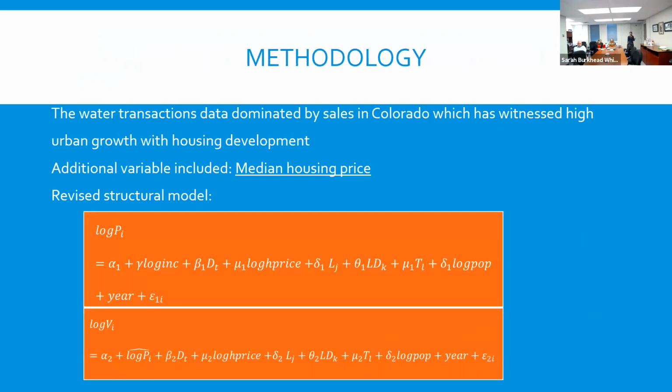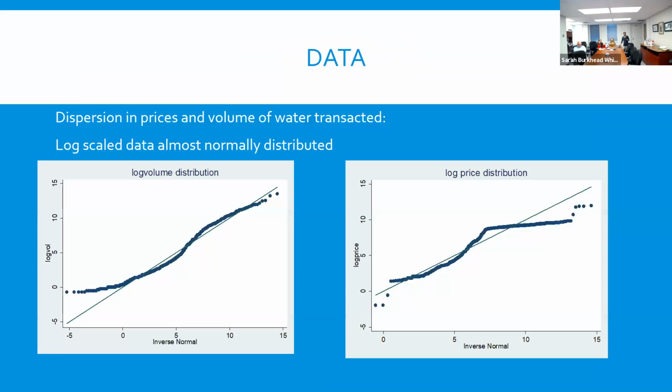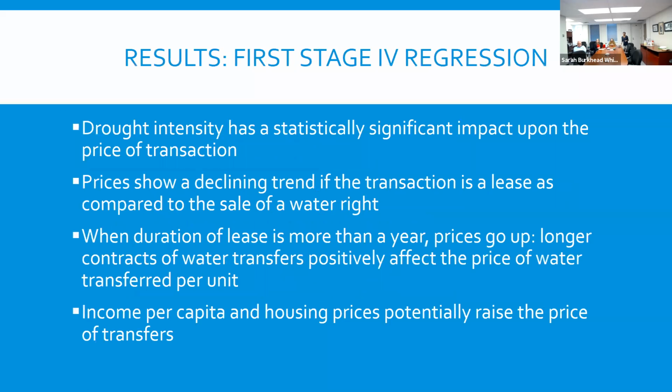Remember, in the first equation I regressed price on all the other variables. I was asking how price is influenced by income, housing prices, drought, etc. Then I took the estimated value of price and put it in the bottom equation. So first, let's look at the first equation. What are the things coming up from that estimation of the price equation? These are the interesting things coming up, and again, many of these support other studies. It's not that I'm obviously doing something very new here.